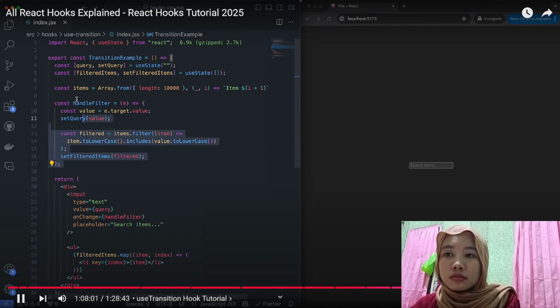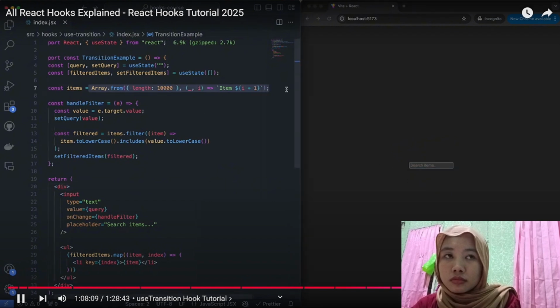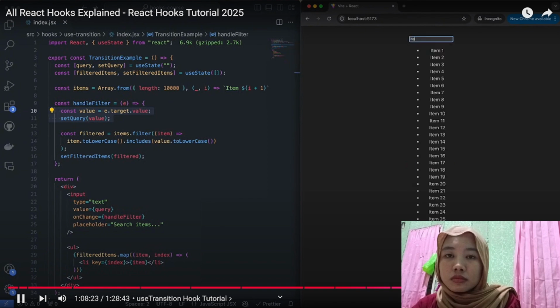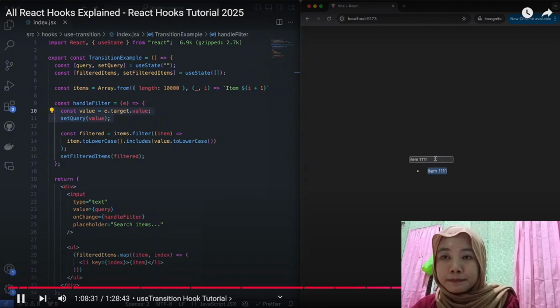So you notice here, this component has an input which searches and filters through a list that we generate automatically over here. This list has 10,000 items, and all of the items are just the word item and then the number of the item. So as we type, we're able to filter for the specific items that we're writing, right? So for example, if I put one over here, there's only one item with this